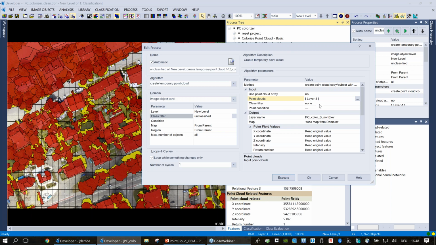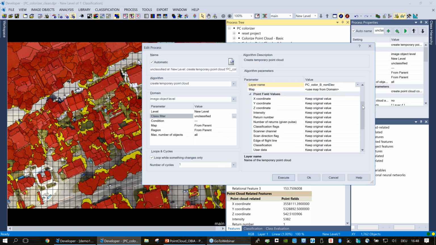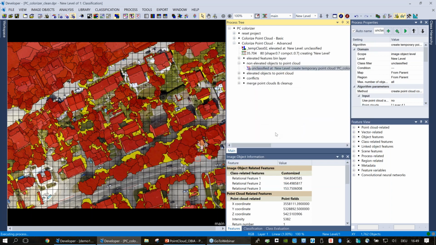So here I'm setting no class filter. I'm going to create a new temporary point cloud within eCognition called PC color B, non-elevated. So just to remind myself, the first one we created was point cloud color A. This is method B, and this is just for non-elevated image objects. And I'm keeping all these values the same, again, except for the RGB. This time I'm again using the pixel value at the point for these unclassified objects. So we'll let this run,